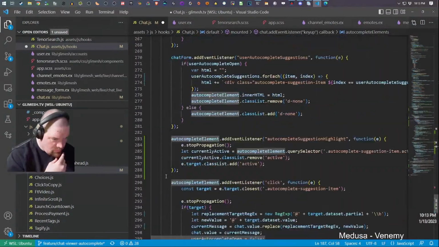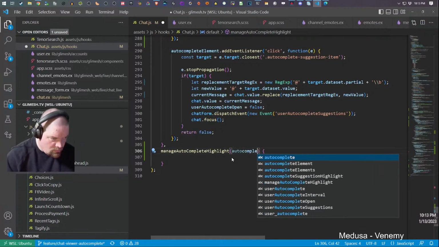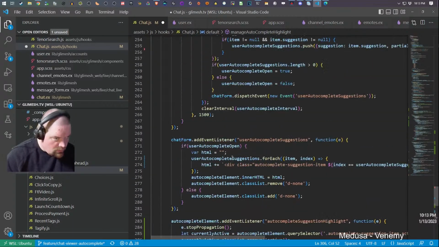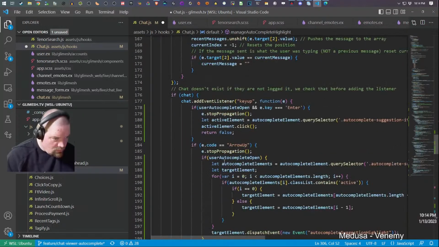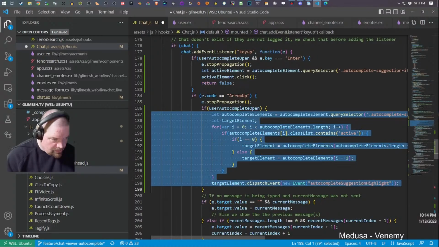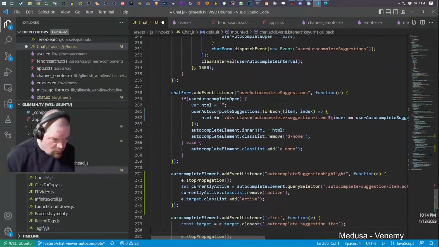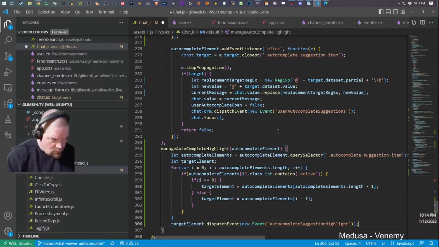Take all that and pop it down here. Don't need to return anything from it.